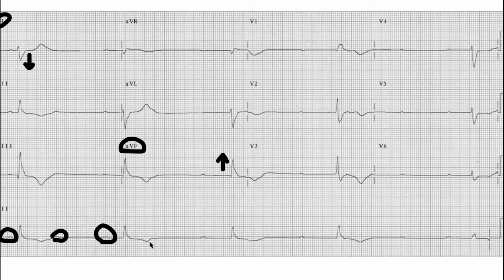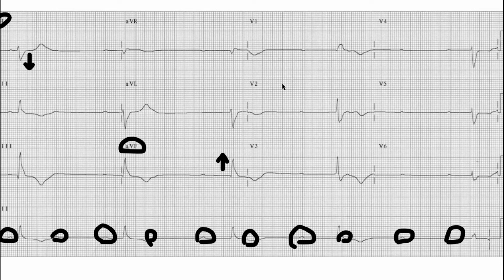Now the next P wave will lie around here, and then there is a P wave here, there is a P wave here, another P wave, you can find a P wave here, this is a P wave, this is a P wave. As you can see, some of the QRS complexes are preceded by 2 P waves while other QRS complexes are preceded by 3 P waves in this case. So this means that there is an underlying heart block.